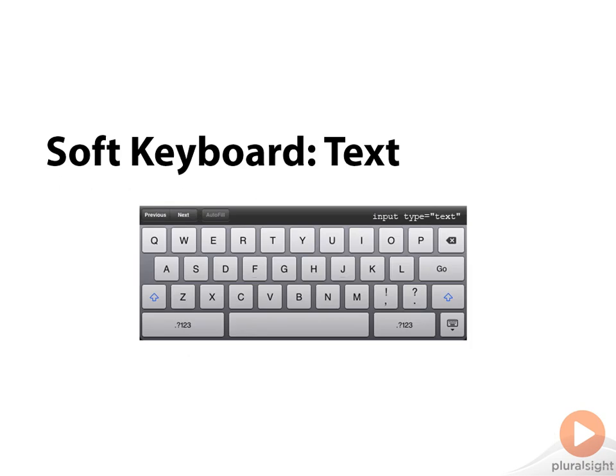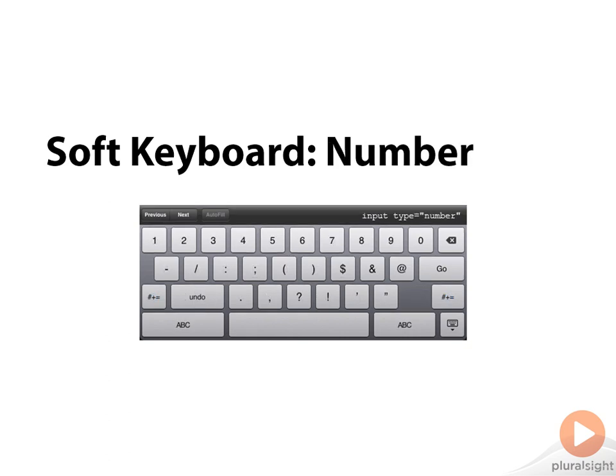Soft keyboards that are rendered in mobile devices will react to these input types and change the way the keyboard is rendered on the screen, making it just a little bit better of an experience for users who are using your website. So for instance, notice this is just the standard soft keyboard here. It's rendered as a QWERTY keyboard because this is for the input type equals text. Now, if you change that to number, the soft keyboard that's rendered is for numeric values. So you notice that the numbers are really easy to get to. You've got some special symbols, and you can quickly switch back to the alpha characters if you want to, but this is optimized for entering in numbers.